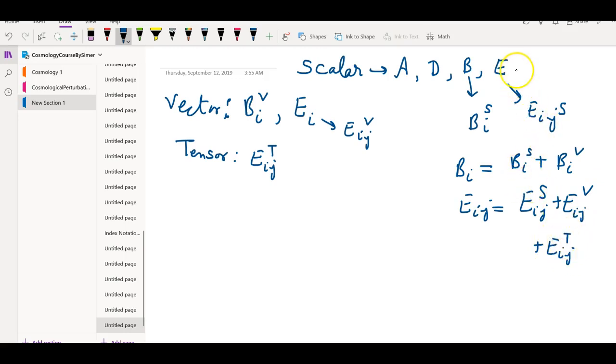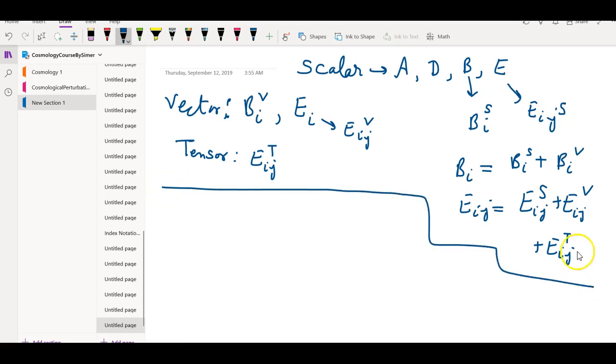Eij scalar gives us e, eij vector gives us ei, and the leftover part is eij tensor, and then we have seen that a and d, they both are expanded like this,